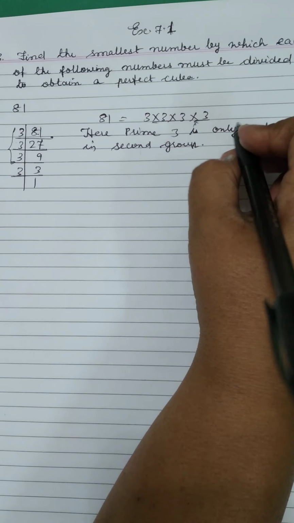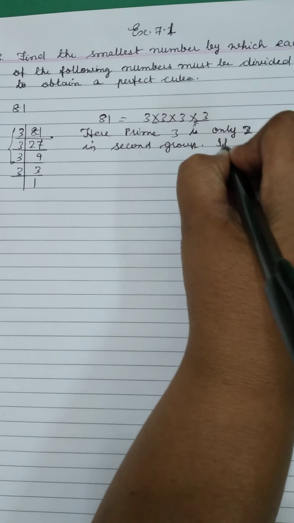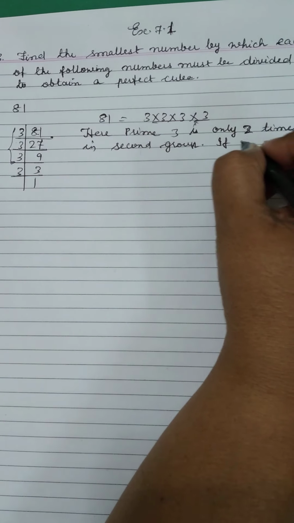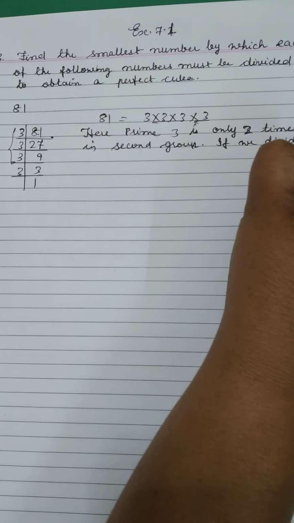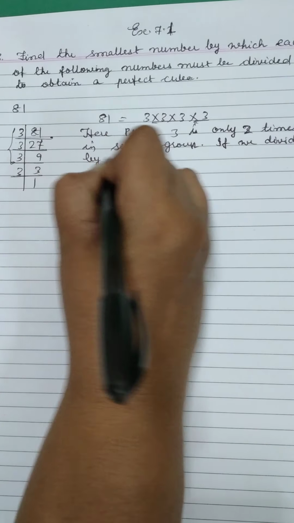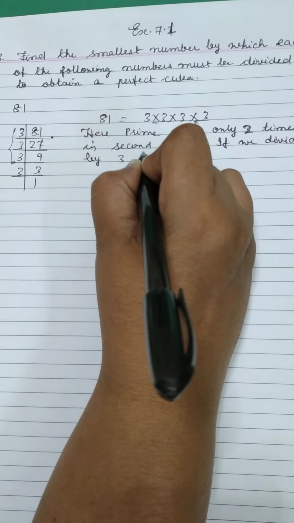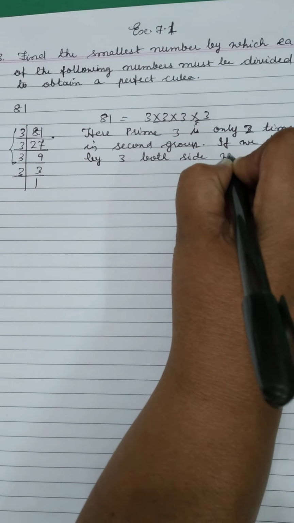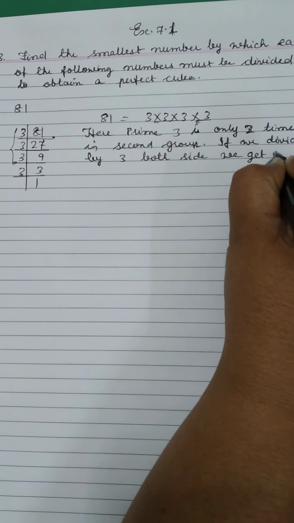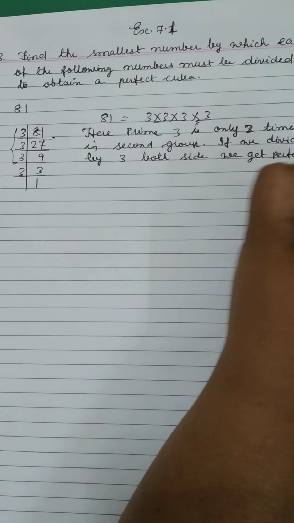So if we divide both sides by 3, we get a perfect cube number,